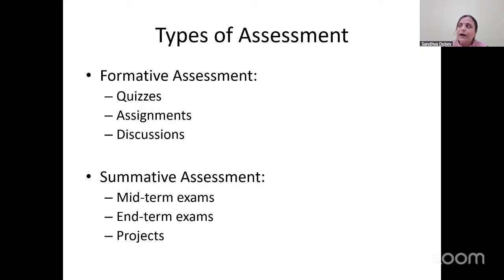Similarly, the next part of evaluation in this continuous assessment is summative assessment, where we conduct the midterm exam and end-term exam. The midterm and end-term exams prove that the student has attained the declared course outcomes. The formative assessment objective was to evaluate the learner's learning capability, whether they are able to learn or not.